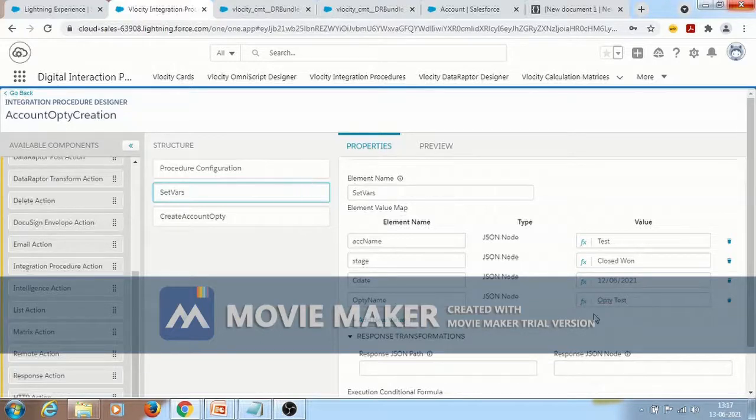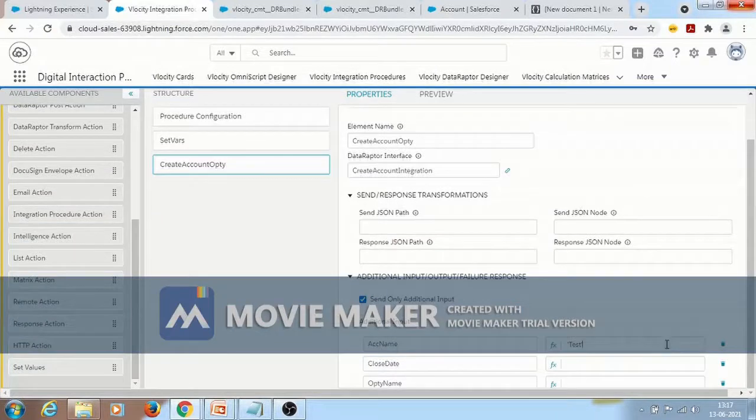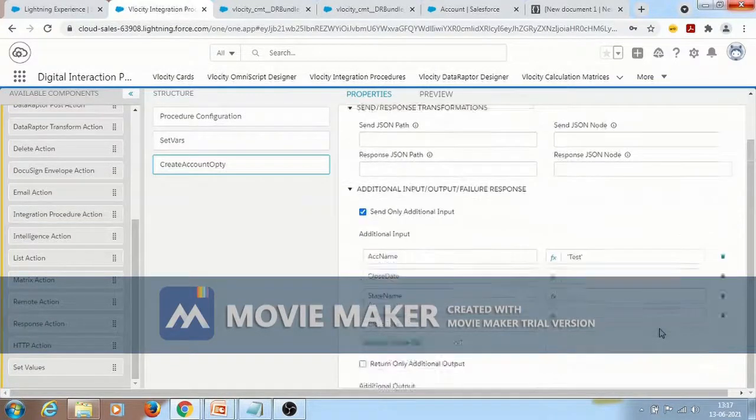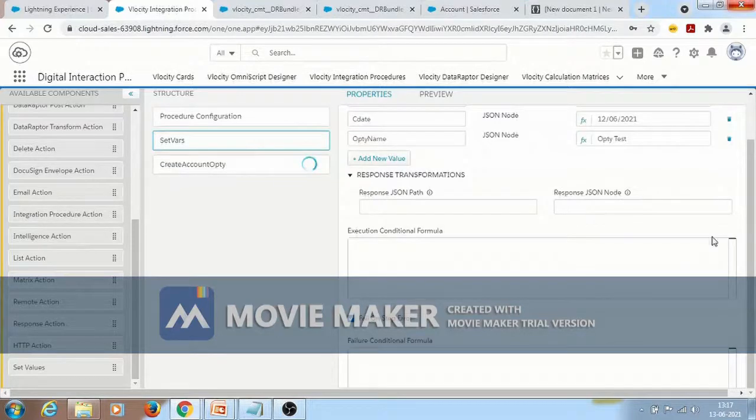This is the thing I'm passing, so that I need to access these records, these variables, instead of writing in a text. Instead of writing here, I can write here as set values column acc name, whatever we have written here, the name we need to give.